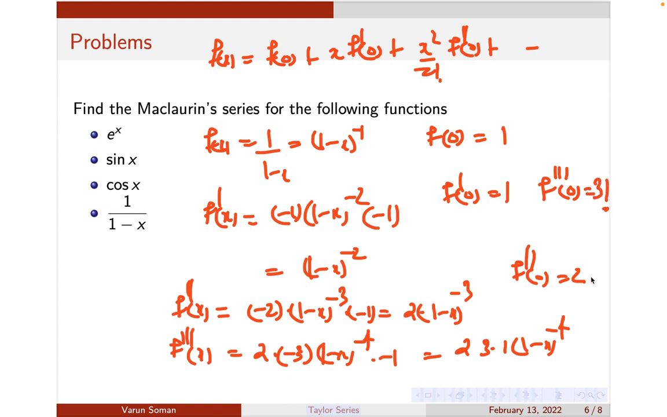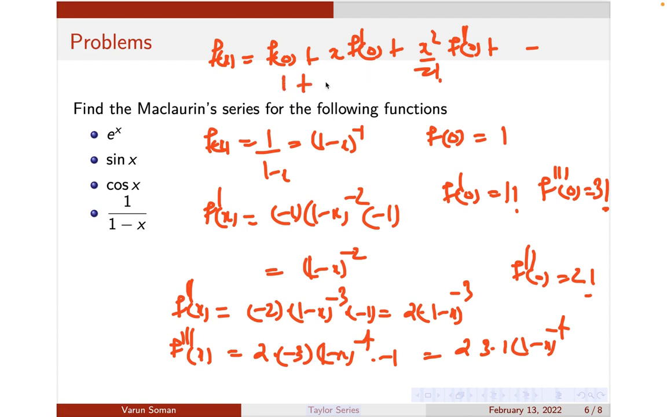F double dash of 0 is actually 2, it is actually 2 factorial. Your f dash of 0 is 1, actually it is 1 factorial. Again, if you take f raised to 4 of x, you will have a factor of 4 also there. So f raised to 4 of x would be again 4 factorial coming out there. Remember that. So if you have understood this, the expansion would be: f of x is 1